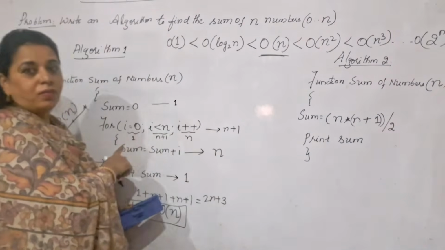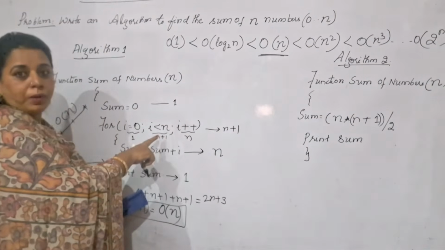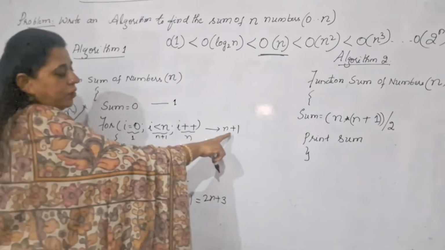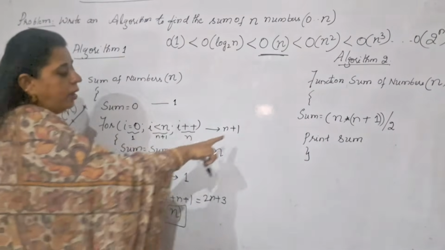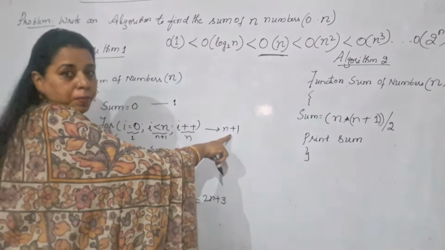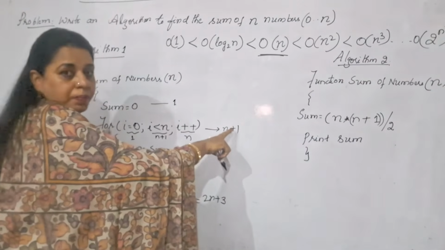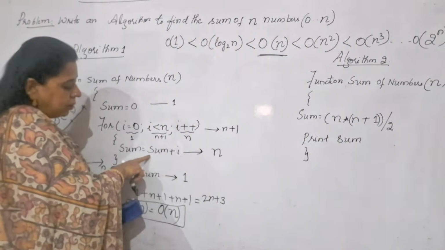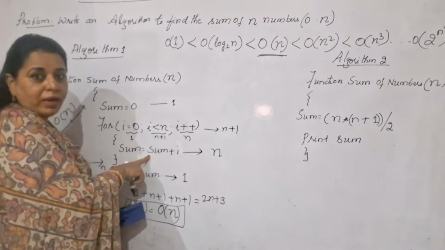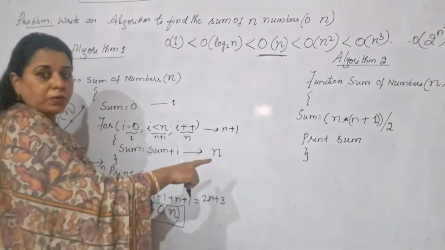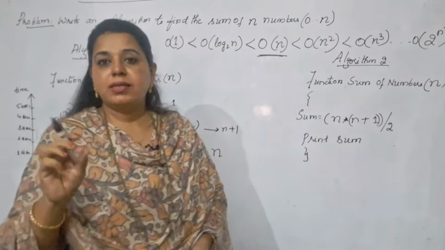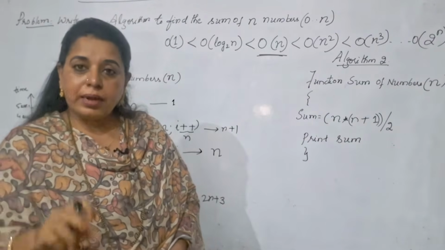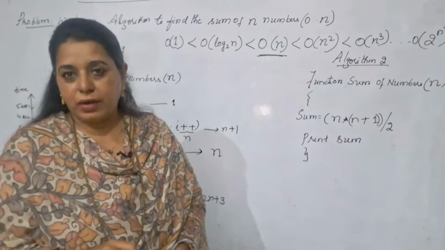Whereas in the previous method, what you have done is you are using a for loop. So for that many iterations, the loop has to get executed, and definitely when there is a loop, the number of times that particular loop gets executed will also increase depending on the value of n, and the basic operation here is this one, which will get executed that many number of times, whatever is the value of n. Whatever times the basic operation gets executed, that time itself is the time complexity of an algorithm.